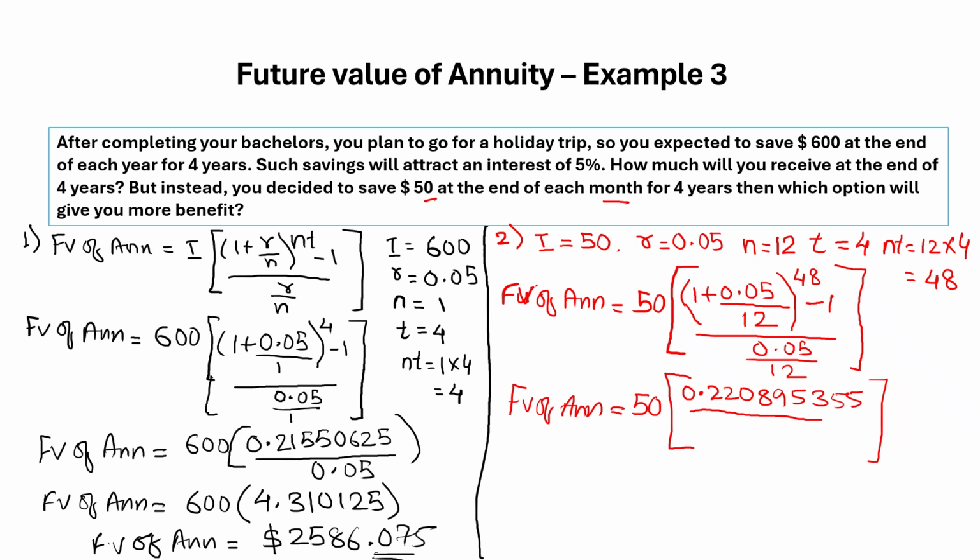Take this, keep this number on your calculator and then press divide by, and then write as it is in brackets 0.05 divide by 12, bracket close. So what I told you: first you will calculate 1 plus 0.05 divide by 12, bracket close, power of 48, minus 1, you will get